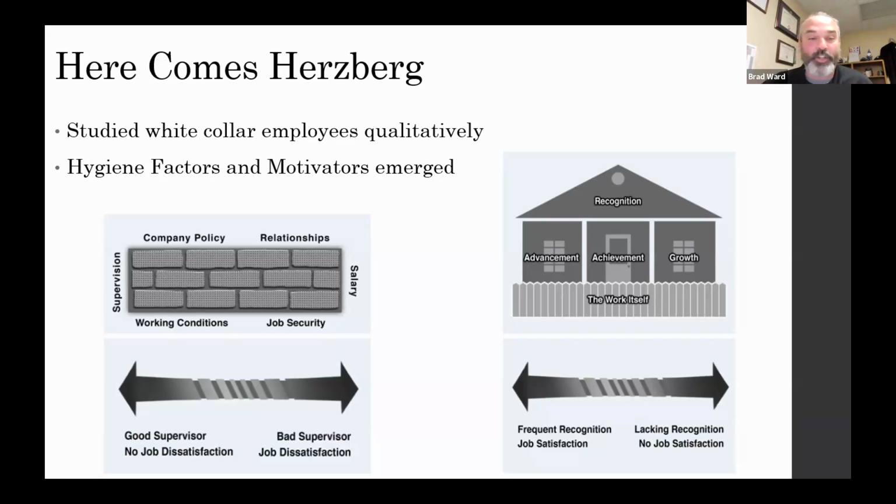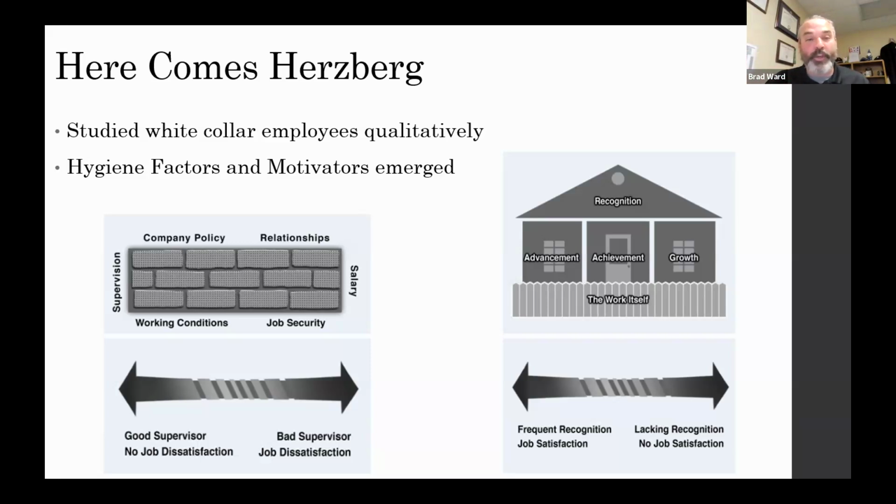Job security also. Most of us want to work for an employer that's relevant in the industry, that we know is not going to collapse tomorrow. And also that if we speak up about something legitimate, we're not going to get fired for no reason. That's the job security, but that's something we want to take for granted. And then of course, working conditions and so on.